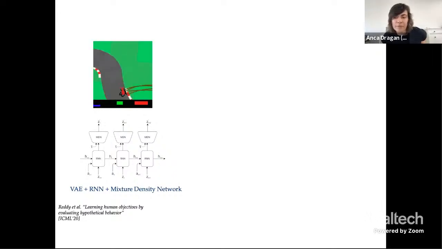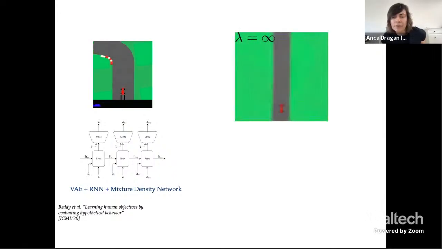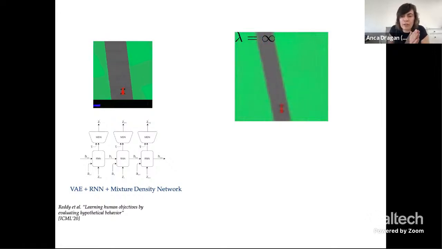And here's an example environment, and here's the trajectory that it creates. So basically, when you do that optimization for ensemble disagreement, you create this environment where essentially the car goes towards the edge of the road and drives on the edge, because it has uncertainty, given what it knows so far about the reward function, whether being on the edge of the road is okay or not. It knows that being off the road is bad. It knows that being in the center of the road is good, but it doesn't know whether the edge of the road is bad or not.